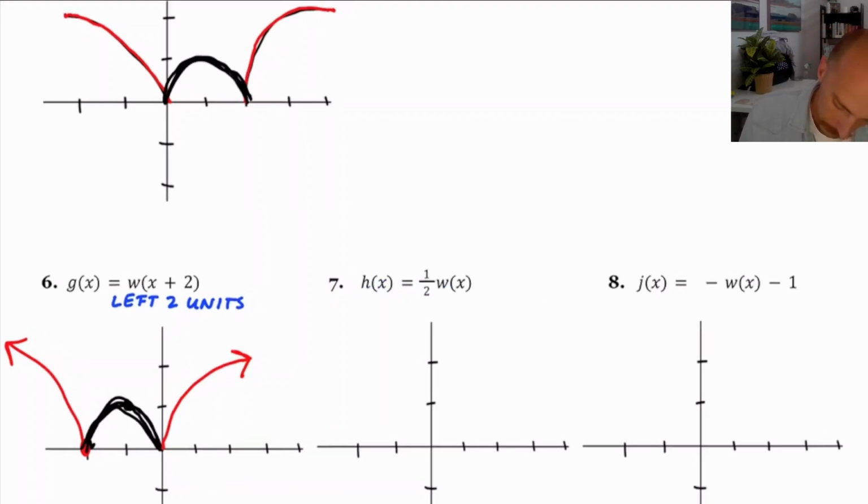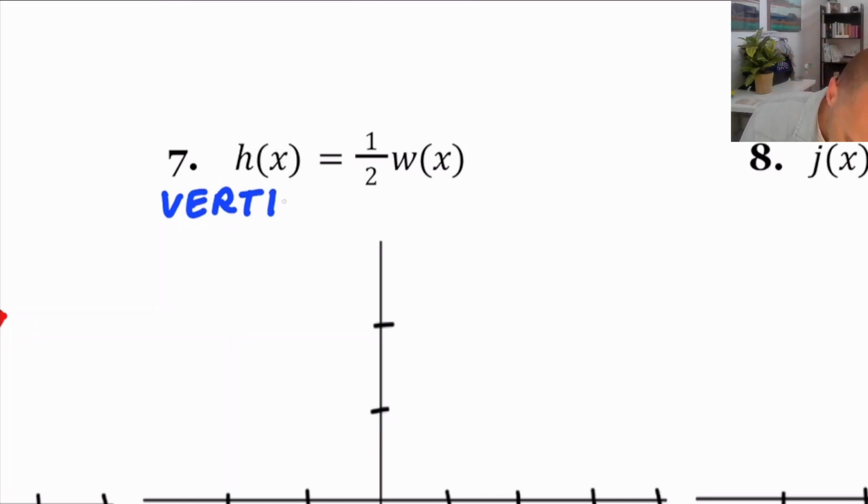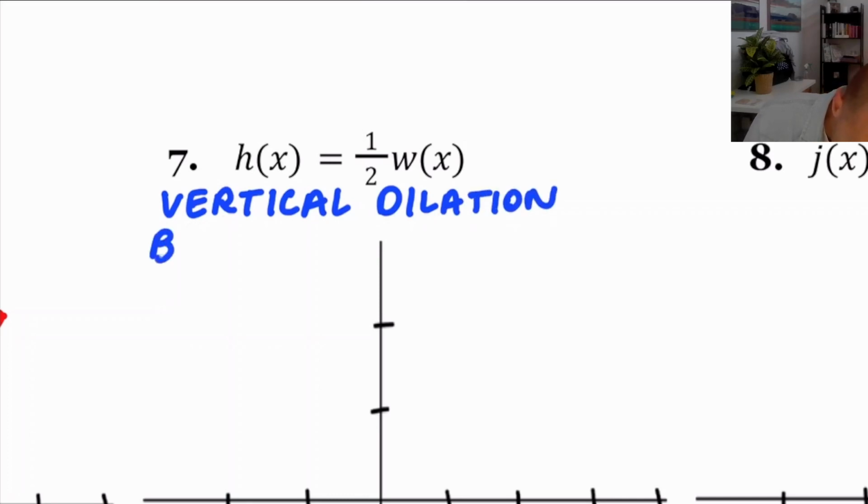For 1/2 of w of x, you could say it's a vertical dilation by a factor of 1/2. You could say it's a vertical compression by a factor of 1/2, or a vertical stretch by a factor of 1/2. I'm going to use the dilation terminology because that seems like what they are leaning towards on the College Board stuff that I've seen. If that's the language they're going to use on the AP exam, that's the language I want to use in the class. So vertical dilation